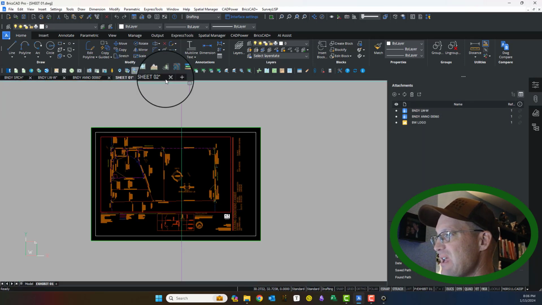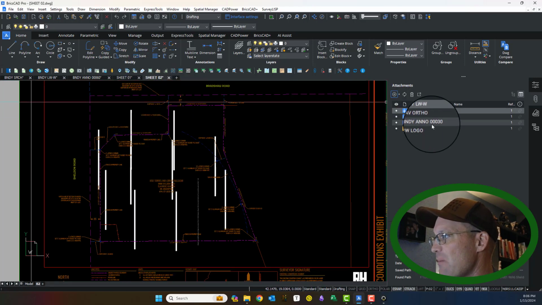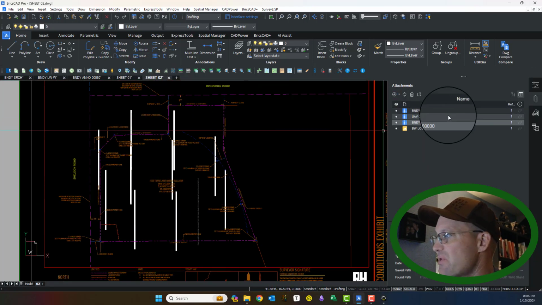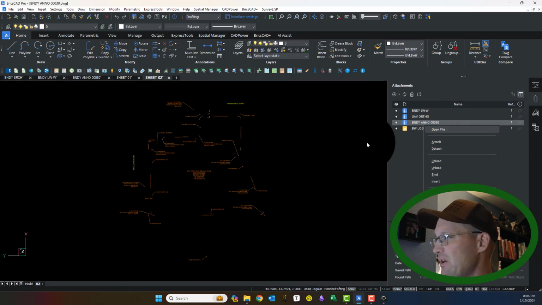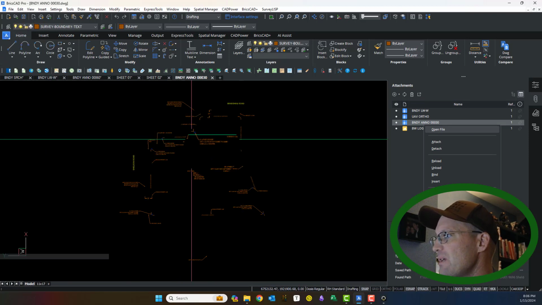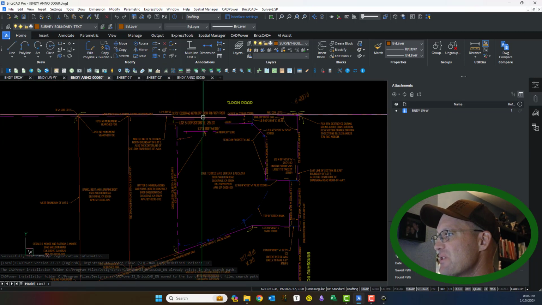it's the 60 scale anno. In this drawing, because we're at 30 scale, we have the same line work drawing, but the 30 scale anno. So the 30 scale anno is not the same. So we can open up the 30 scale anno and just look at it. Okay, so here's the 30 scale anno, and you can see it's quite a bit different than the 60 scale,